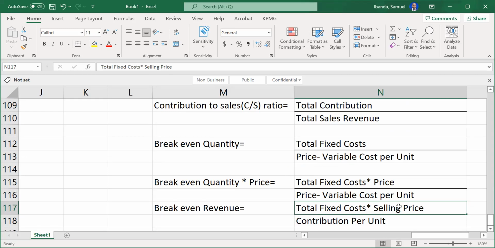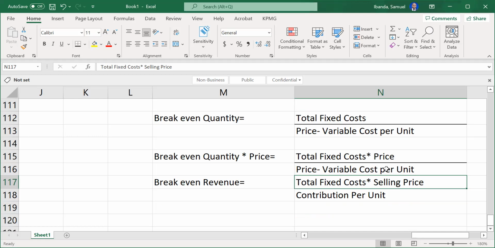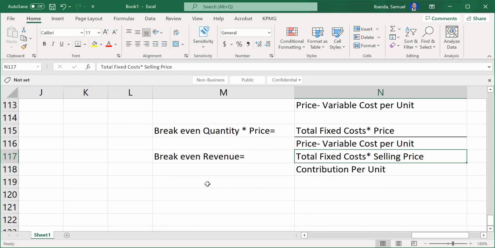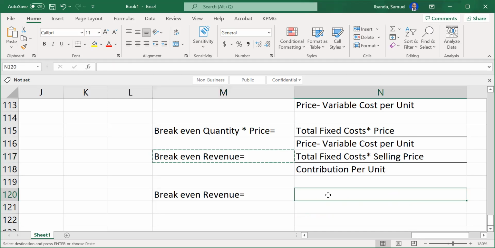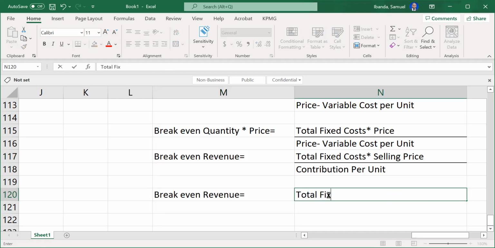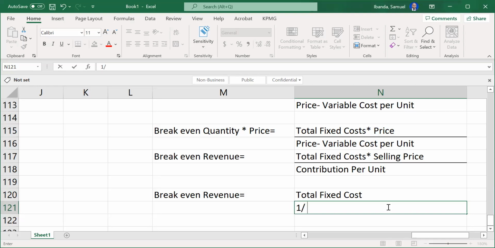So what happens here is I can just separate the fixed costs, okay? I'm going to create a reciprocal. This is what I'm going to have. My break even is the same thing as total fixed costs divided by 1 divided by